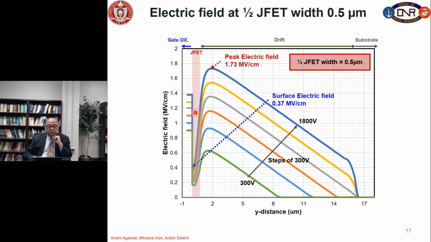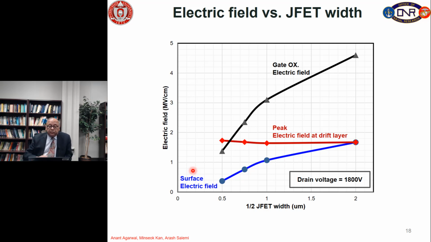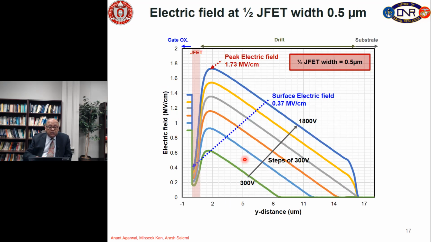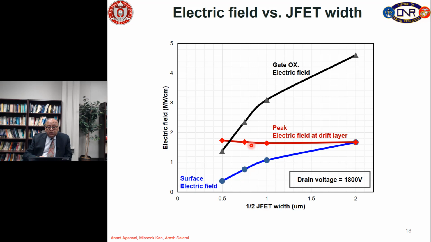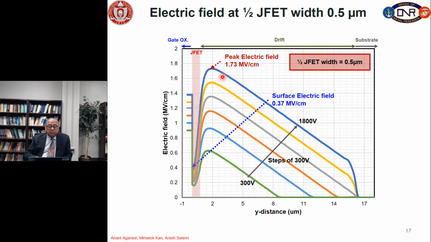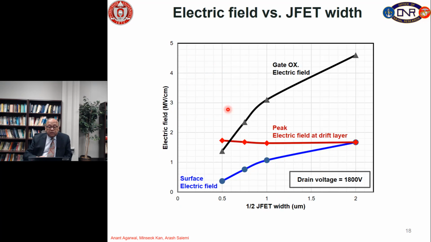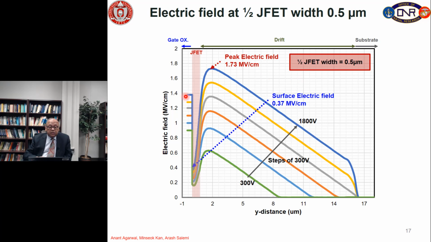We will plot the oxide field here, and we will plot perhaps this field in silicon carbide, the surface field. So here we go. We have plotted the surface electric field in silicon carbide, and this blue line is actually this number here. Then we have calculated the peak electric field in the drift layer, and that's this number here. And then we have calculated the oxide field, and that's the number indicated by this number here